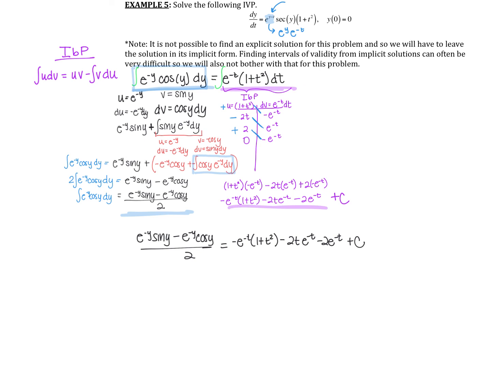So let's decide, can we solve for y? Not a chance in the world would I be able to solve for y in this one. This is implicit. How do we get the y by itself? When you've got a negative y as an exponent and a sine, you can't do it. So the good news, you ready for good news on this problem? No interval of validity. You're welcome. Wait, does that mean it's never valid, or is always valid? We just don't care. We don't care. And now, you would need to solve for the initial condition,